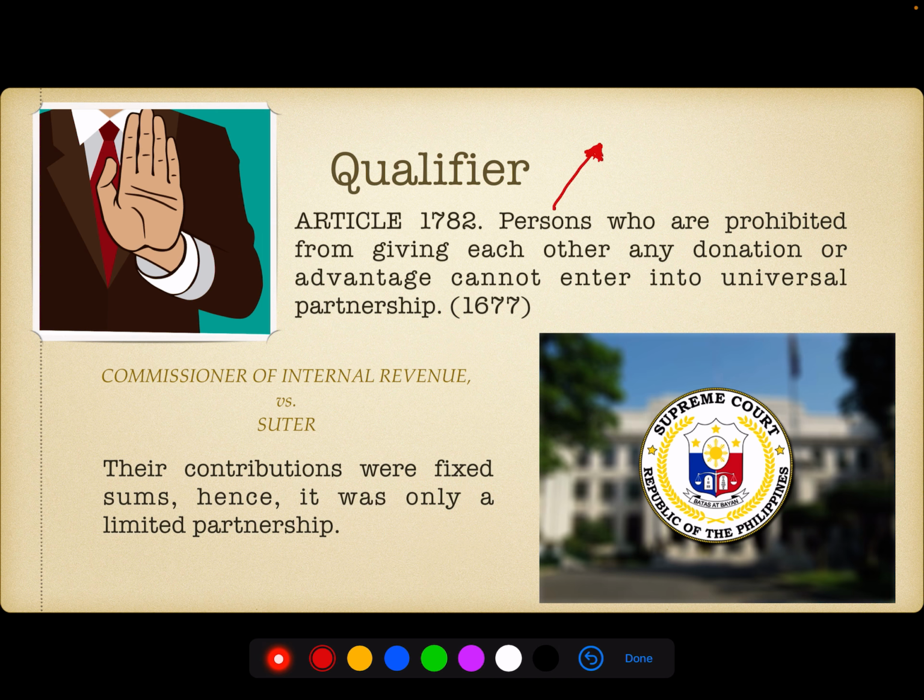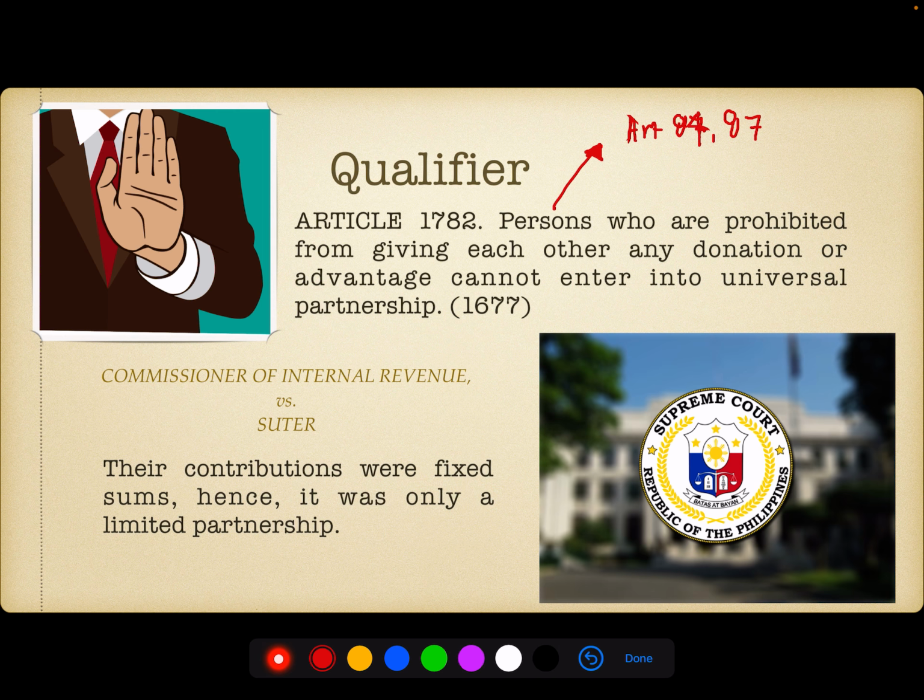Okay. So, just to add, for your information only, I don't think you need to memorize this. If you look at Article 84 and Article 87 of the Family Code,